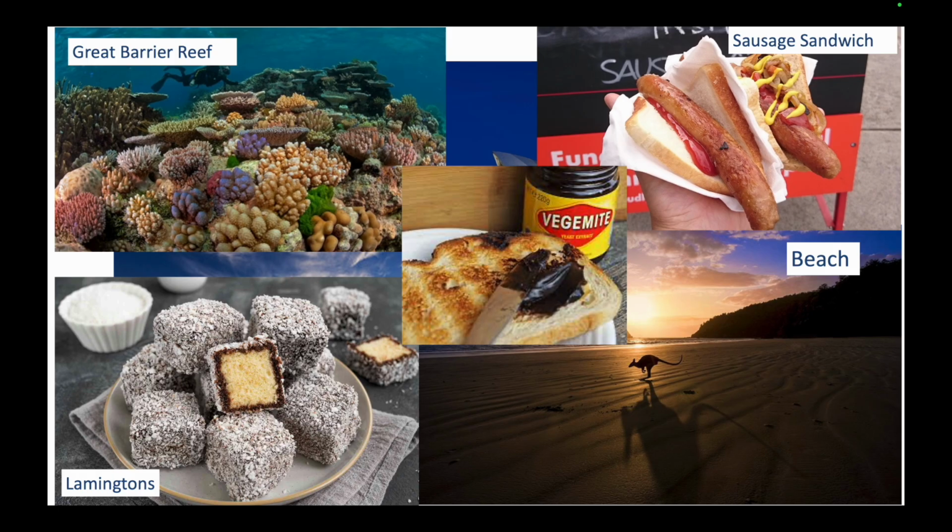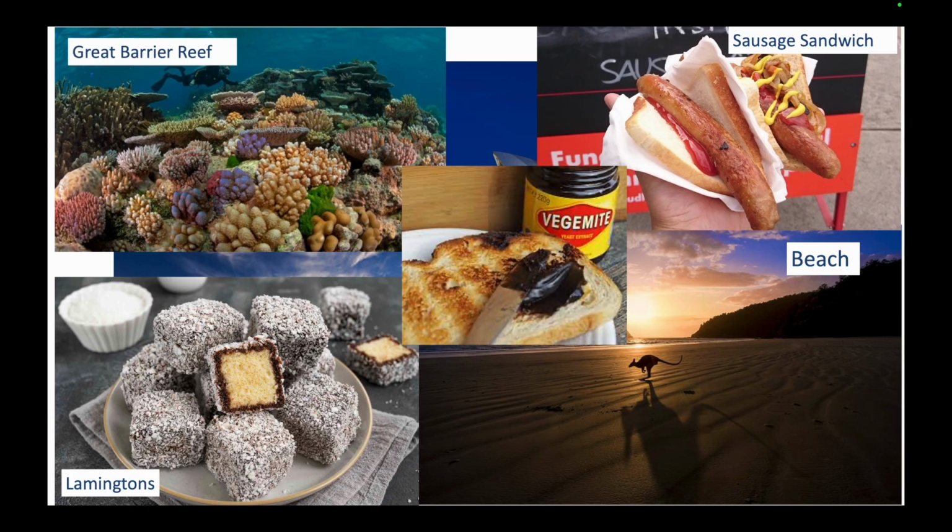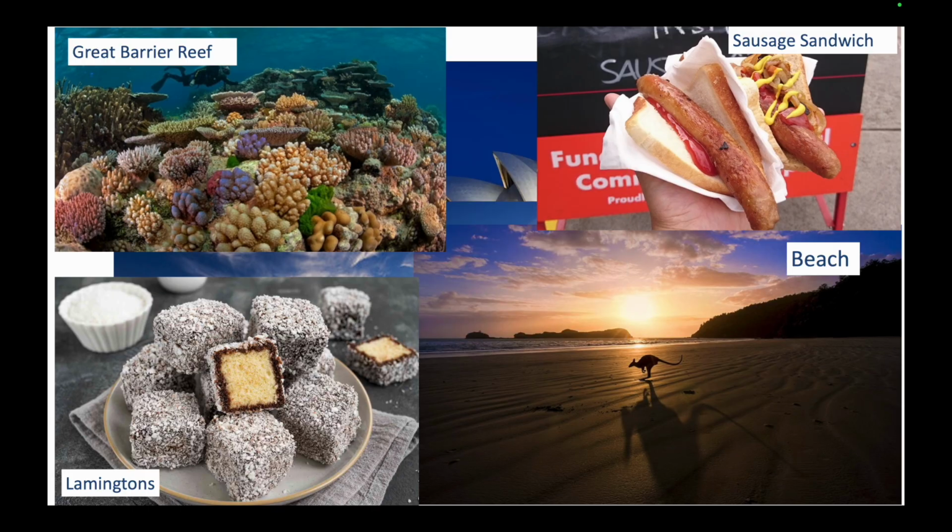And then with the Lamingtons, I ask if it's sweet or salty. They don't really know those words. So either use your JTE to help, or if you have enough Japanese, give them hints. But yeah, it's like a this or that, right? And so I just do a show of hands. Some of them think it's salty because it looks like salt on it, but it's sugar or coconut, right? So I tell them that before I tell them what the ingredients are. So it's wombat poo, sweet or salty ingredients.